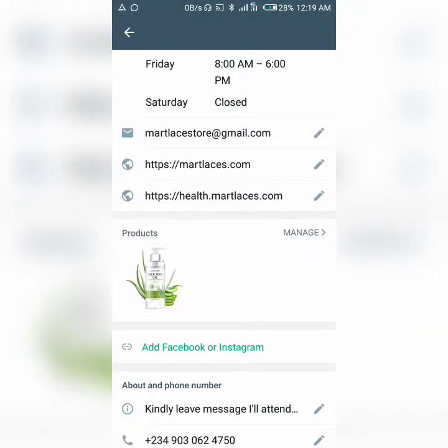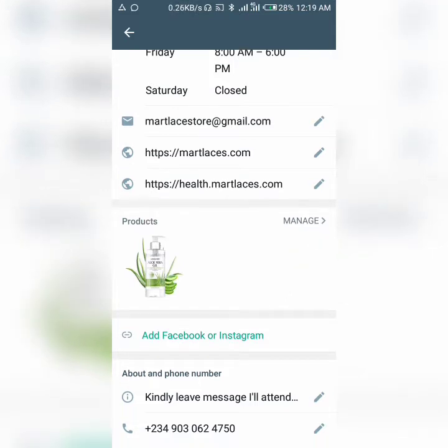Now the products tab is where you'll be able to see the products that you manage, but I'm going to show you how to add these products you're seeing here and everything. I'm going to show you how to do that. So for this video, let's just keep this area for now, and let's go ahead and set up the about